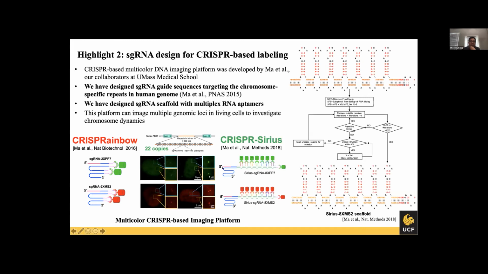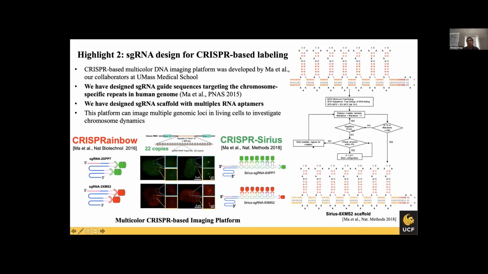Another example is to make the signal even stronger. We designed the sgRNA scaffold so that there are more RNA aptamers to bind the fluorescent proteins, making the signal even stronger. And here's the